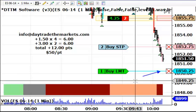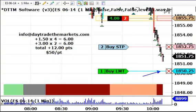Now, the kind of range that we've had so far: I like to keep a 10-day average of the entire day's range, and we've exceeded that. It's around 14 or 15 points right now. Our high today is around 71 and change, and now we're at 51 and change. So we have moved a good amount,